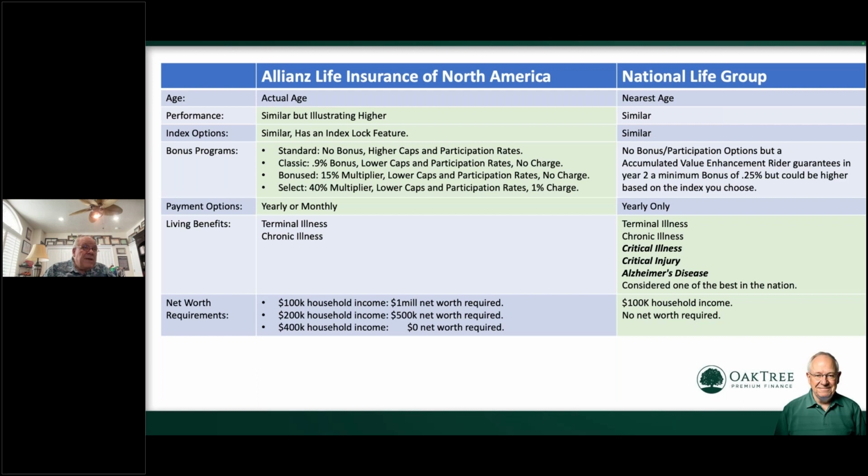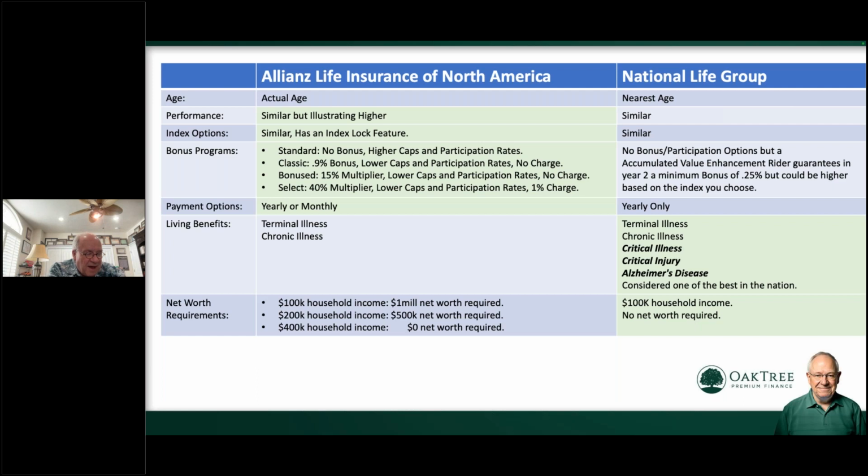Or there's the bonus section, which is a 15 multiplier. So lower caps and participation rate. So I had 218% on that top one. And I didn't write them down, but let's say it's 180 on this multiplier. So let's say